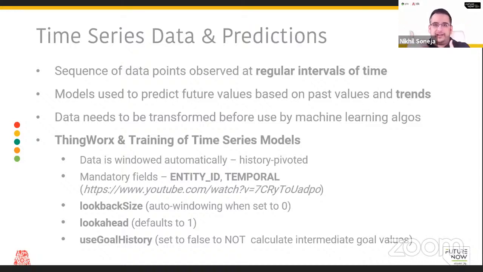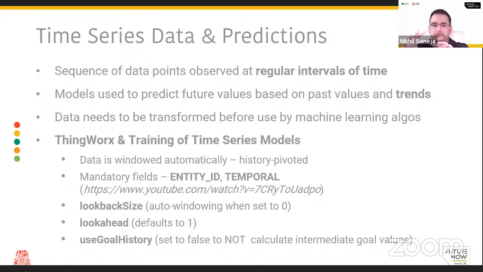And those are easy to handle, and also easy for machine learning because you can directly apply these algorithms. When you have to work with time series data, it becomes a little more complicated. The data needs to be transformed before being used by machine learning algorithms. So the data cannot just be in a structured format. Even if you have the timestamp given there, it can't just be used like that.